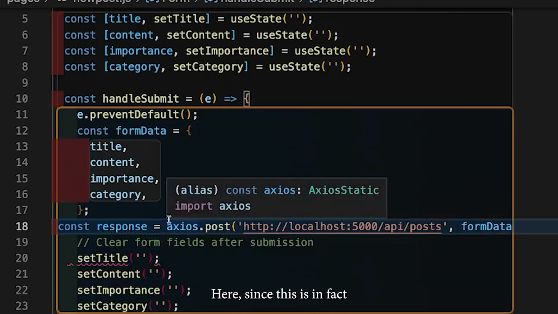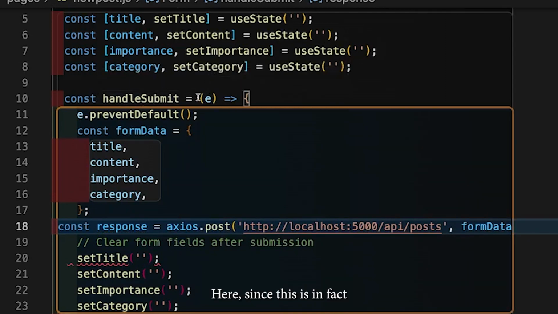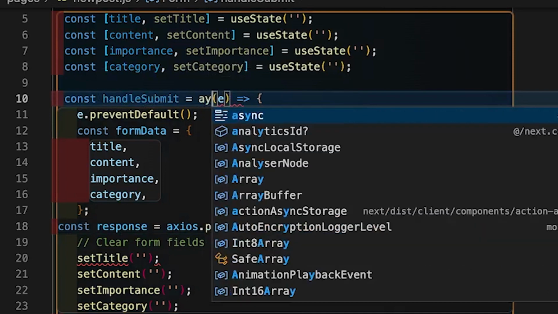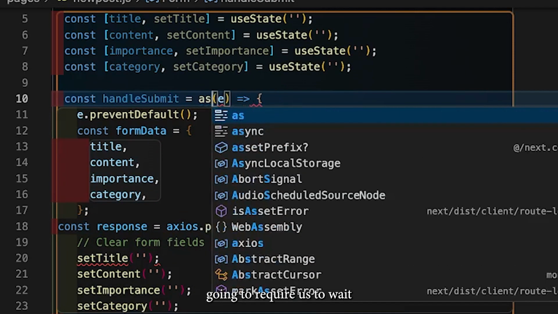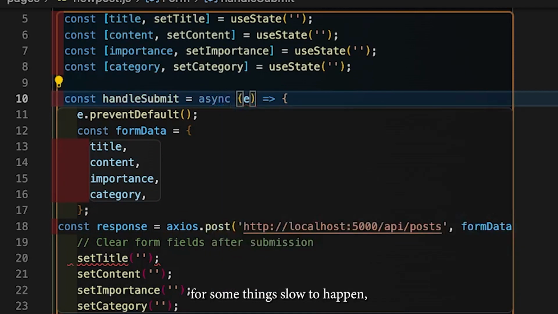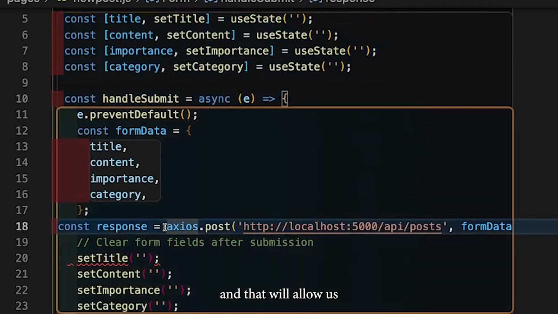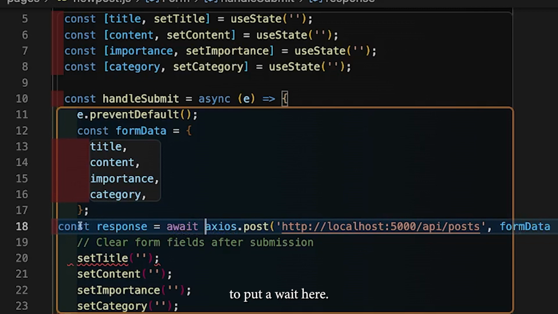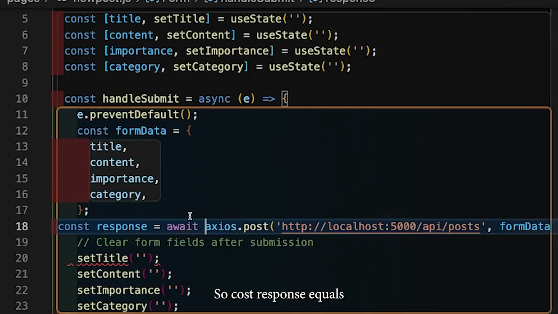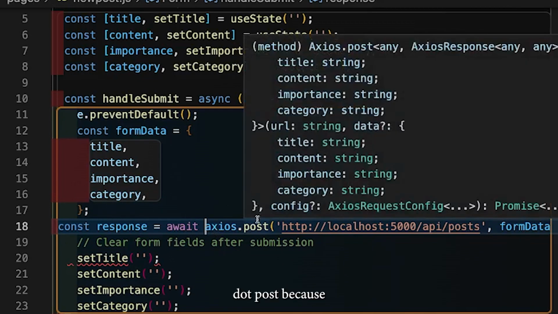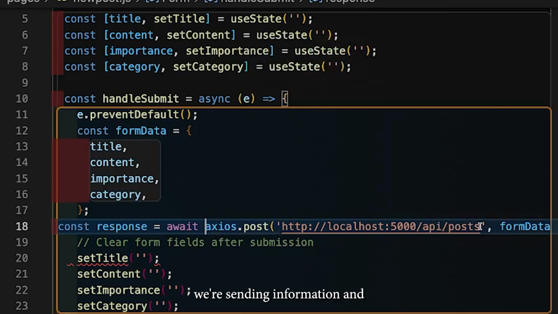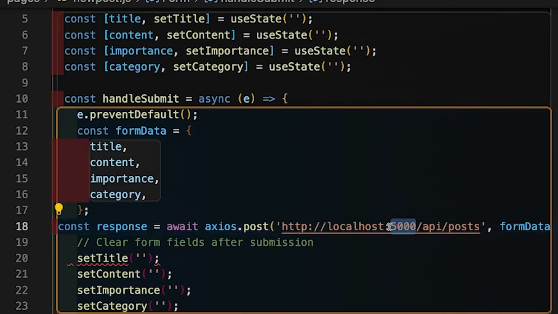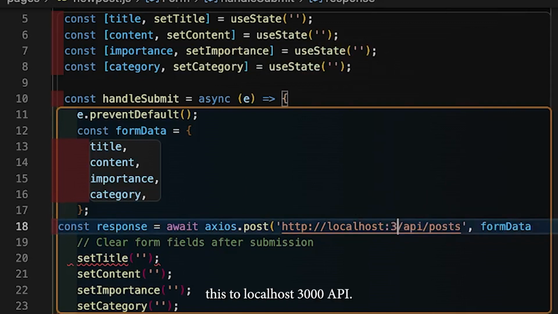Since this is in fact going to require us to wait for something slow to happen, we're going to make this an asynchronous request, and that'll allow us to put await here. So const response equals await axios dot post, because we're sending information, and we're going to send this to localhost 3000